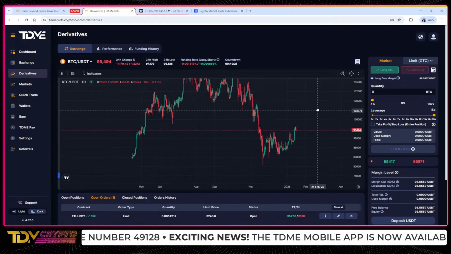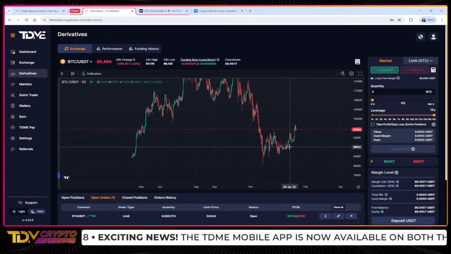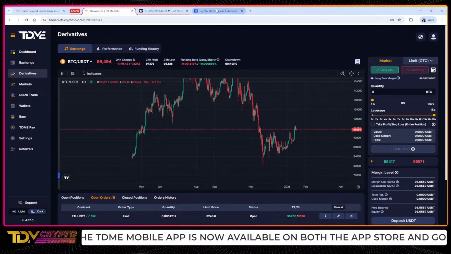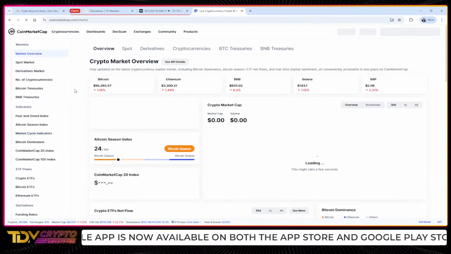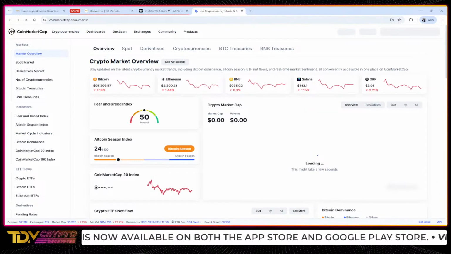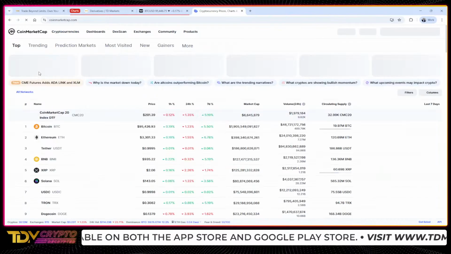We're seeing that crypto is slowly picking up. Bitcoin is slowly picking up. I'm going to refer to Bitcoin, guys, because it takes a big chunk of the market cap. If we go to the market cap right now, I want to show you guys something. If you go to the market cap, let's go to cryptocurrency there.